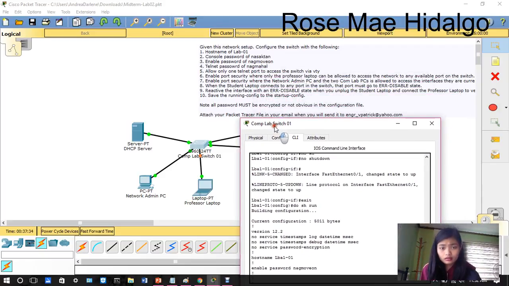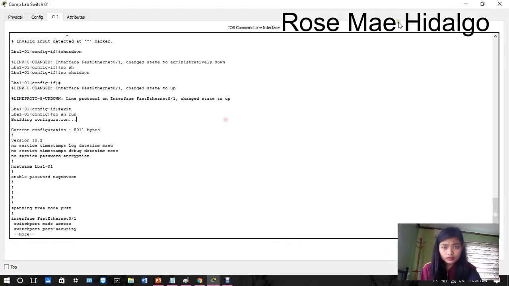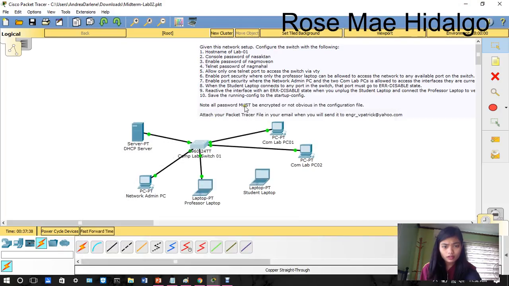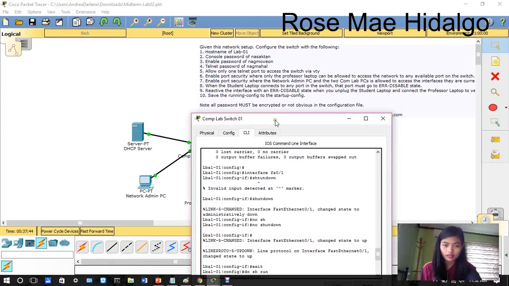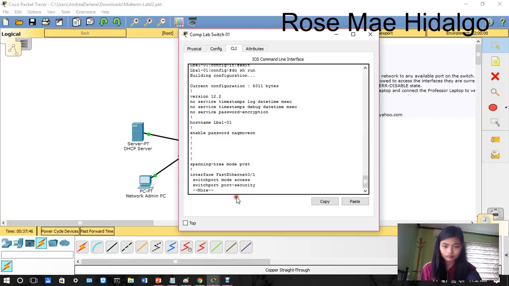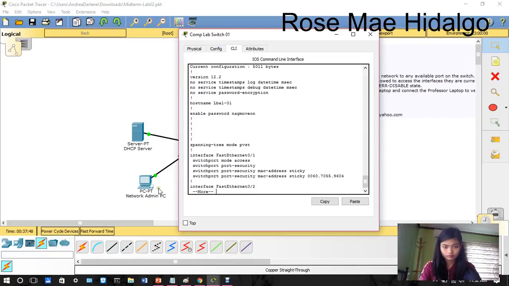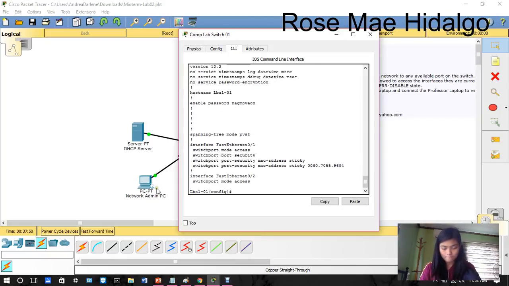Okay, next. Note: all passwords must be encrypted or not obvious in the configuration file. So go to CLI again.